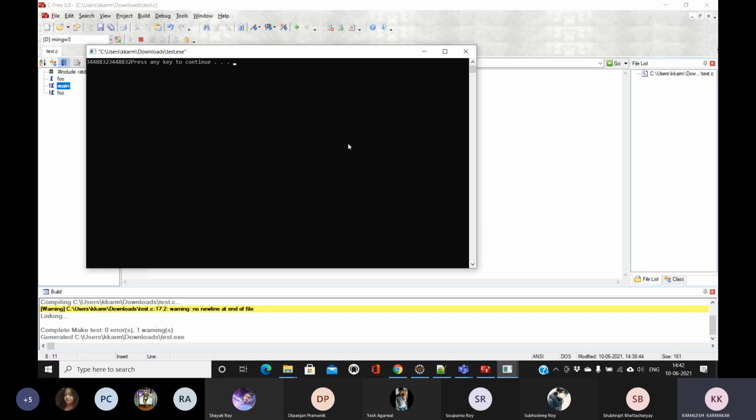Try to understand. The value will preferably be stored in a register, but the value may not be stored in a register. It may be kept in RAM, it may be kept in cache memory also. But we are instructing the system to try to keep it in a register. So, will all the variables be kept in registers? If I declare 100 variables in my program, will I keep all of them in registers? The answer is no.